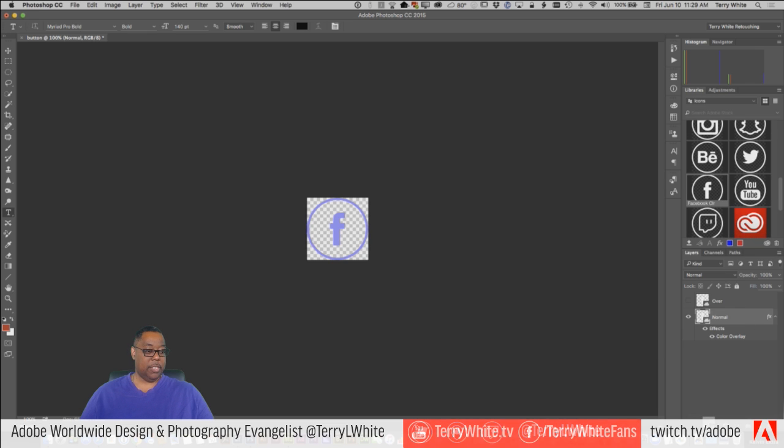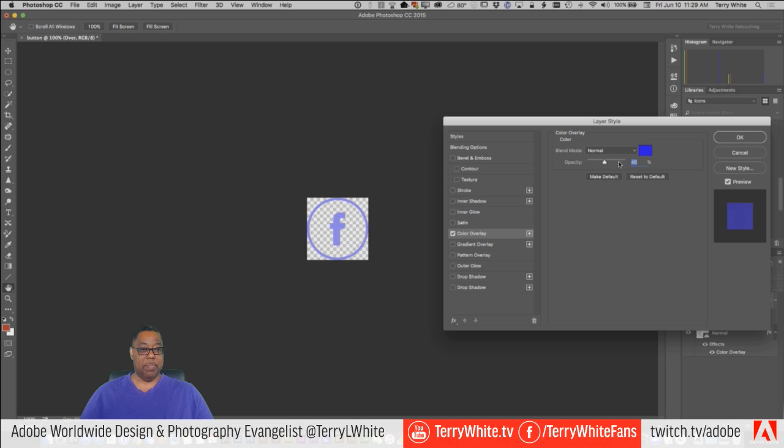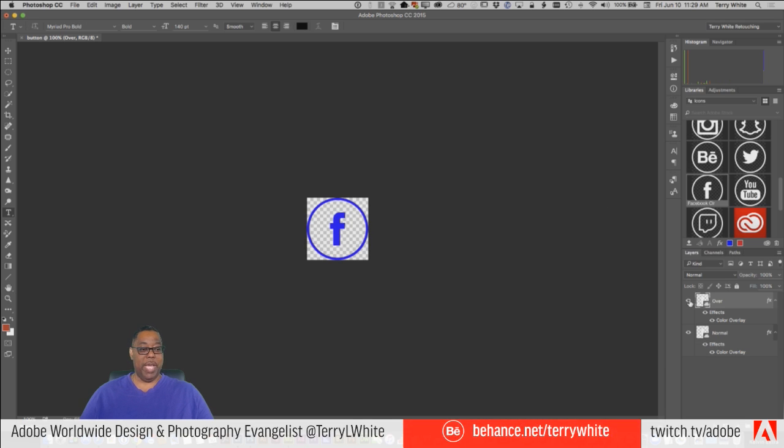And actually, it's just easier to duplicate that layer. Let's duplicate that layer again. And now we'll call this one over because it already has the effect on it, so that's why it's easier. And we'll just go into this one and just bump it up to 100. So now what we just did was we made a 2-layer Photoshop file, one where the blue is slightly less opaque and one where we see the full blue color.